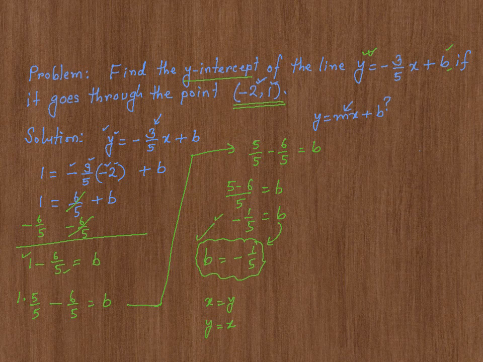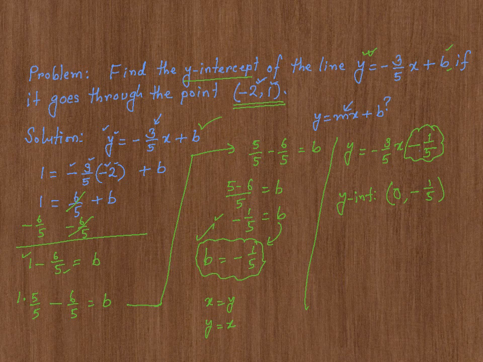Now I'm going to take this b value and plug it into this equation, and if I do so, I get the following: y is equal to -3/5 x plus b, but b is -1/5, so I'm going to put -1/5. Okay. Now we have the y-intercept. So this b is going to be my y-intercept. So the y-intercept for this straight line is going to be at 0,